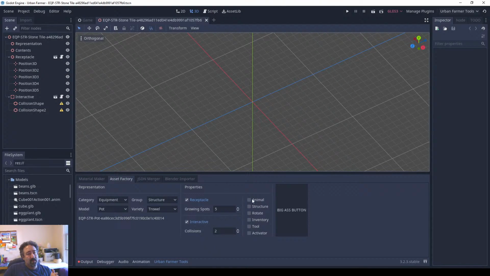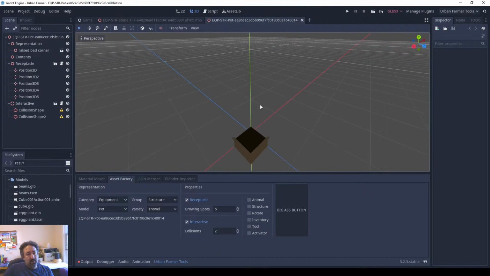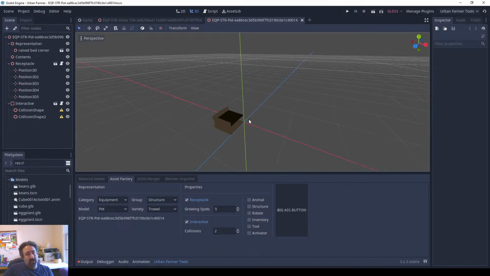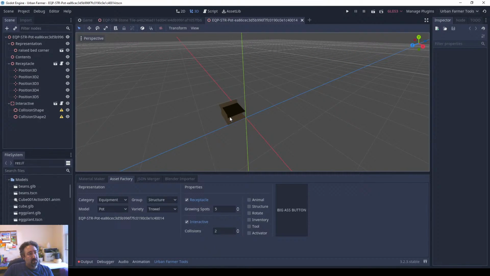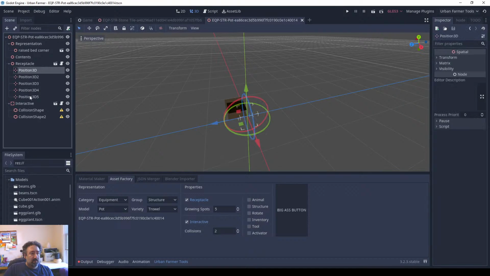Either way, we hit this button, even though the scene is open, it's kind of irrelevant. It's actually still going to call the template and create this. I think we ended up using the raised bed corner unit, but we are now creating new assets based on this logic. So far,